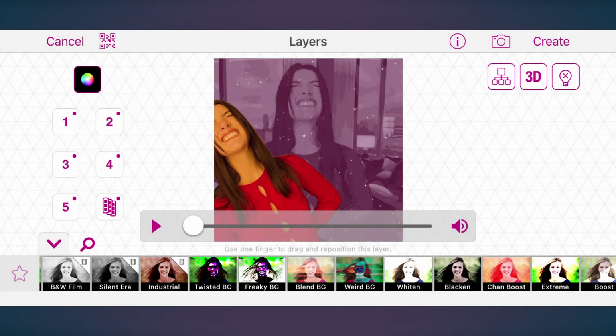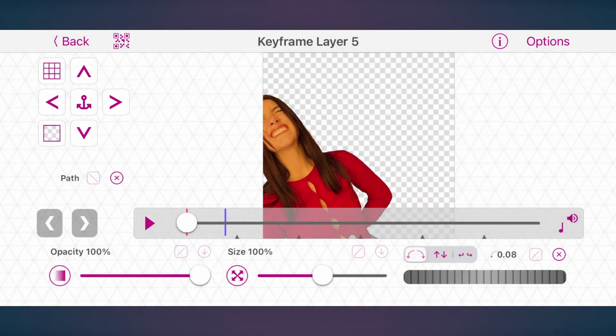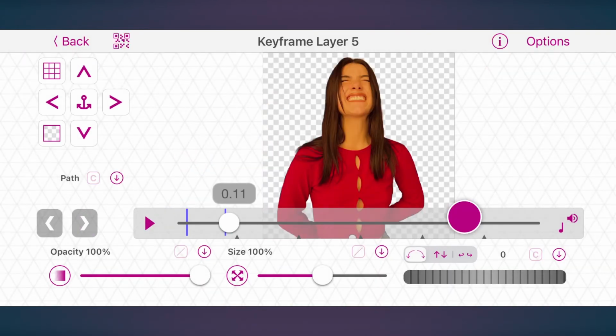Continue with the shadow in layer 5. You need to duplicate the last keyframe 2 keyframes farther and add the graphs again.